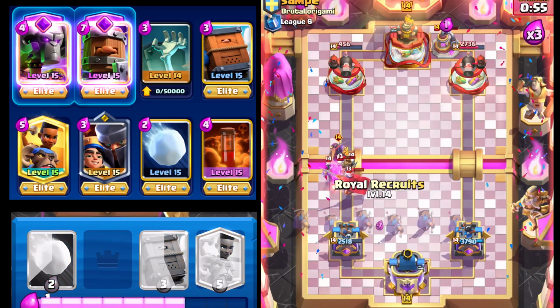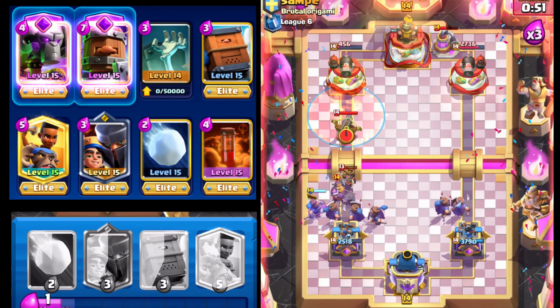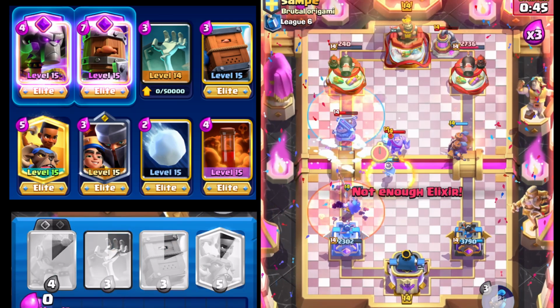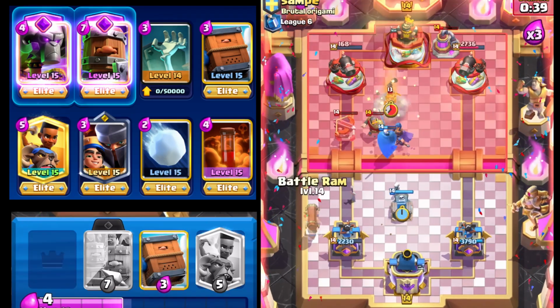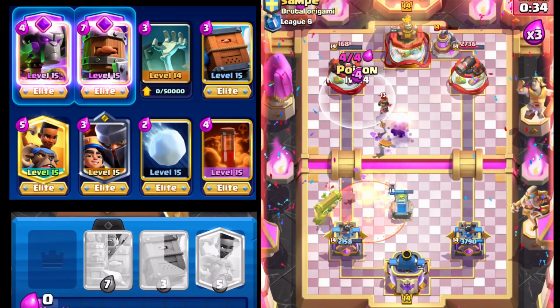And we need to get to our Royal Recruits. And we're going to poison out the Expo again. We need 1 more poison to make this work. And we're going to go with the Giant Snowball to slow down the Expo, of course, and try to get the Little Prince ability down in time. And it does come out in time, which means Tombstone. And we're going to get a Battle Ram down, and just like that, with 1 more poison, we're able to